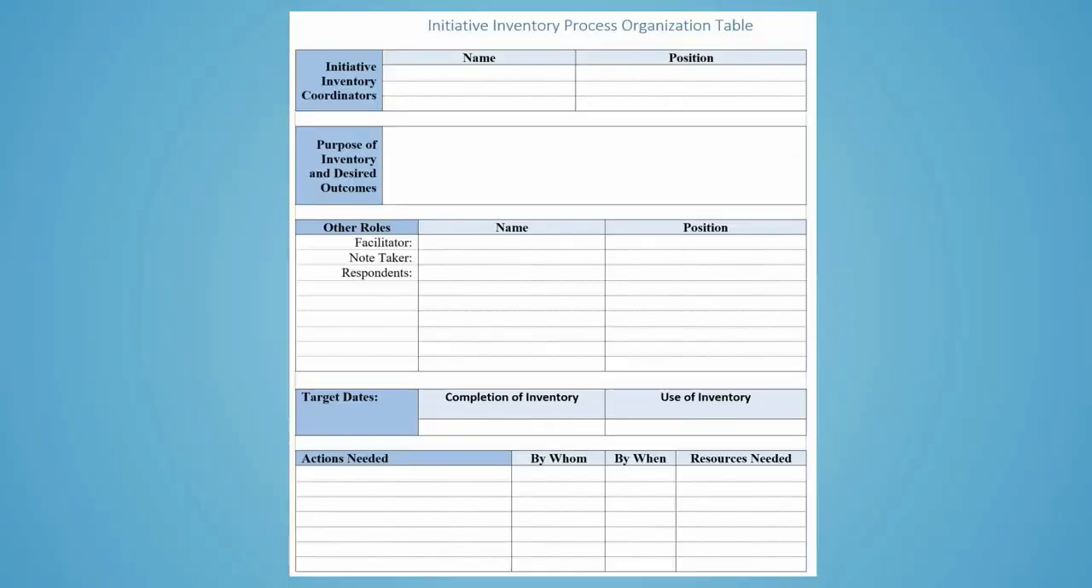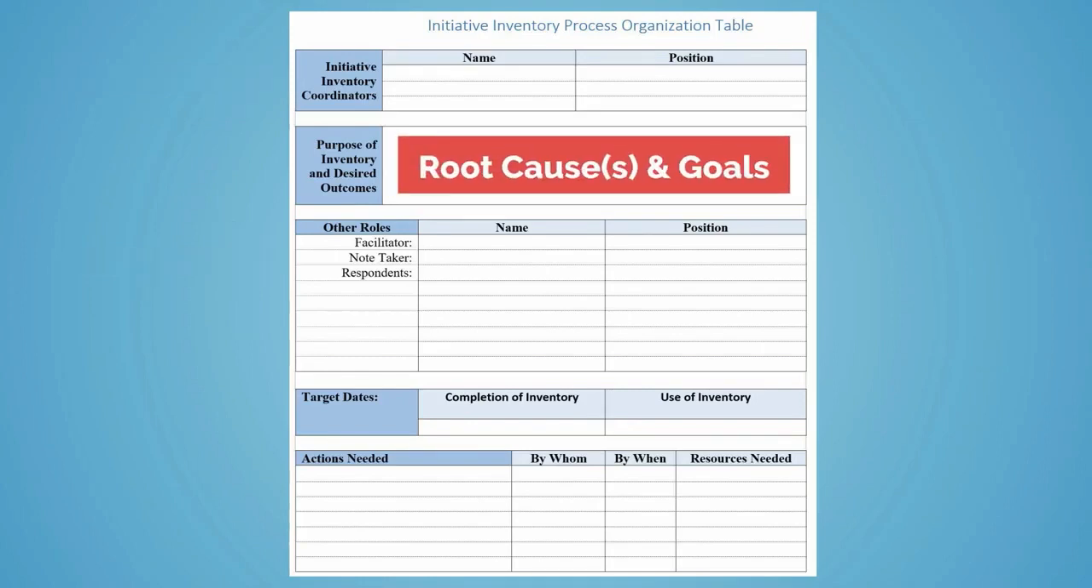You will want to begin with the organization table found on the last page of the process tool. Use this table to identify the coordinators supervising this team, as well as other roles such as the facilitator, note-taker, or other members. Your root causes and goals should be listed in the Purpose of Inventory and Desired Outcomes area. This will ensure everyone is clear and working together to identify initiatives that will assist your district in obtaining the